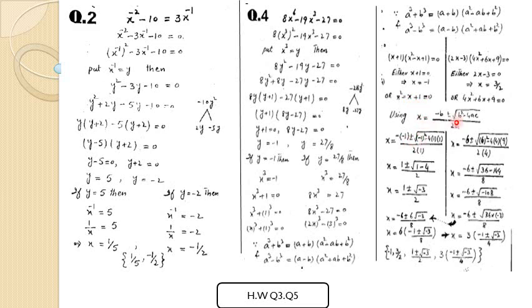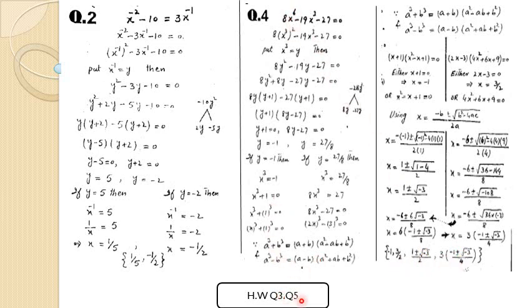x is equal to minus b plus minus the square root of b square minus 4ac, upon 2a. This is the formula that we use in this, and from this we have these 2 roots. Where does minus 1 come from? Minus 1 is from here and 3 upon 2 is here. So you can see that there are 6 roots: 1, 2, 3, 4, 5, 6. 6 roots are here because the highest power is 6.